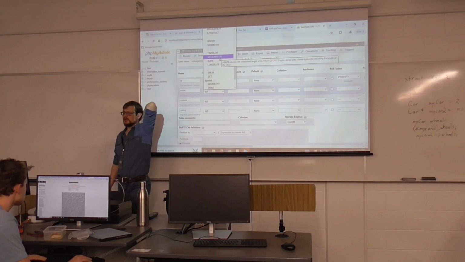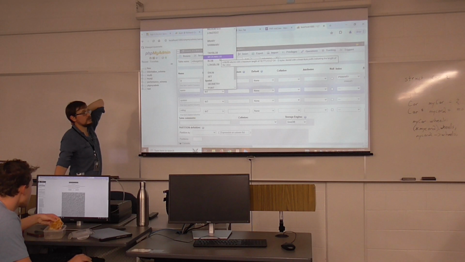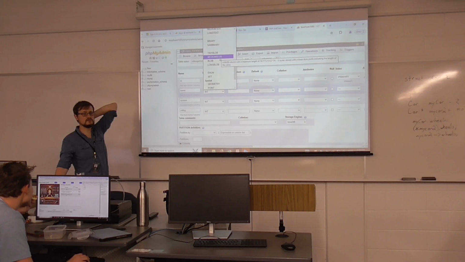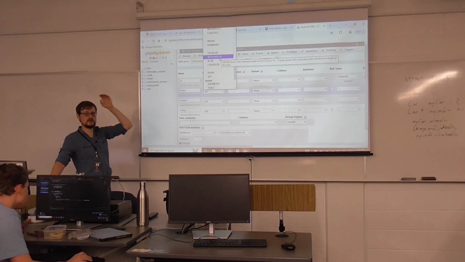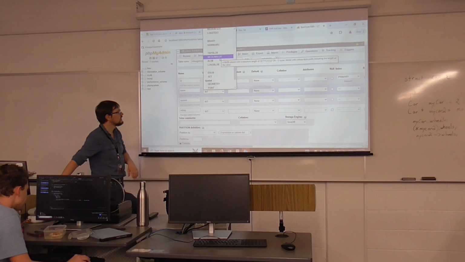So do you know what blobs are? They're kind of funny, right? It's binary data, right? Yeah, it's binary data. So if, for example, you wanted to save an avatar JPEG or PNG